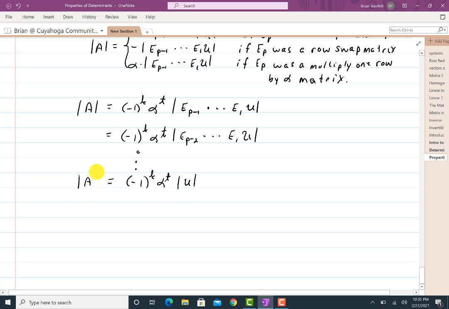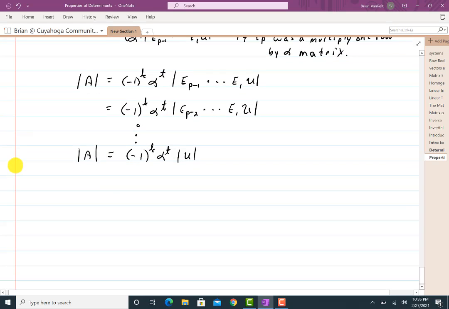Of course, this is the determinant of A. And we already know what happens. This thing here, alpha, I'll assume that alpha is not 0, although you can possibly do that. If alpha is 0, it just zeroes out everything. Both determinants will be 0 anyways. But nonetheless, U then